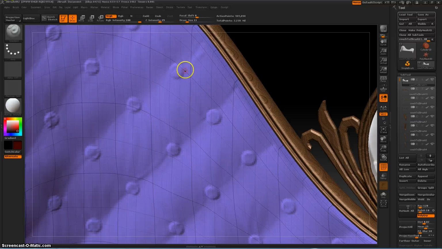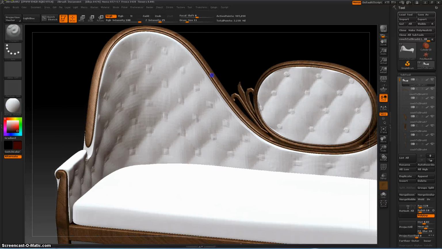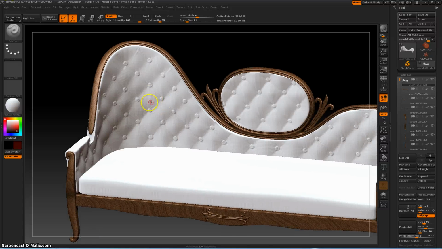Like if I Shift F, you can see kind of what they're looking like. I don't know if you can see it or not, but you'll see it starts to get almost pixelated because there's only so many polys to support it. So, Control Z, okay. So what you're going to want to do is subdivide this enough so that there's enough